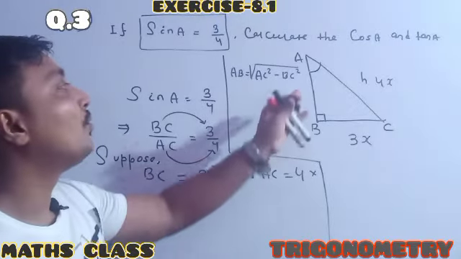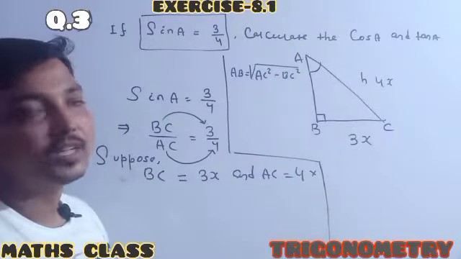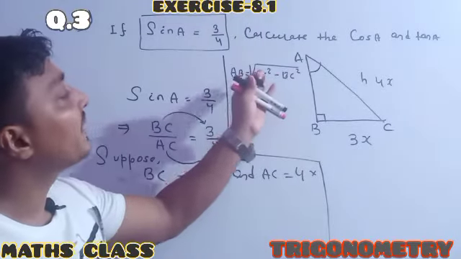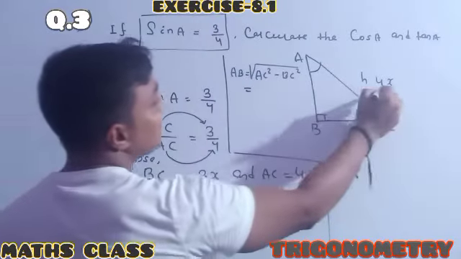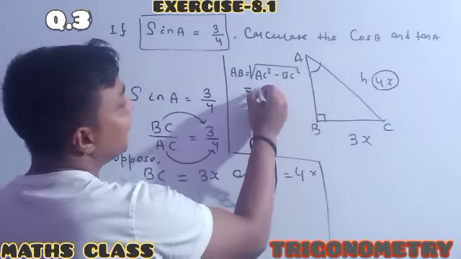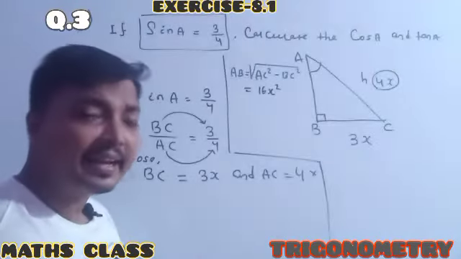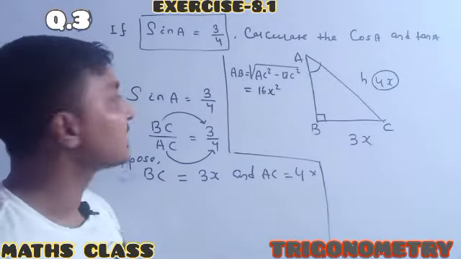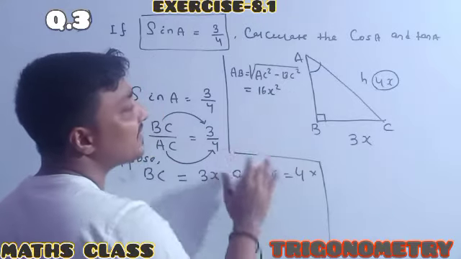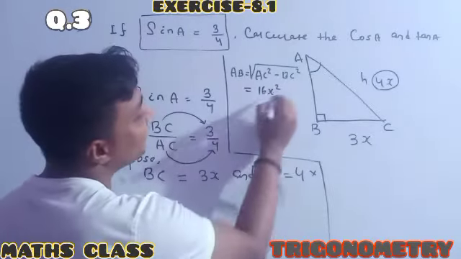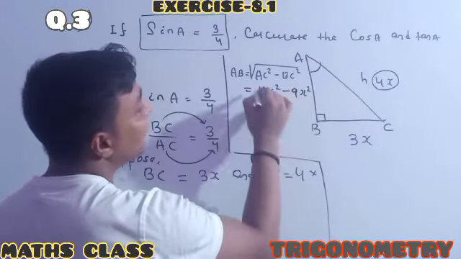It means I wrote this one square minus this one square, its root over. Otherwise, P is equal to the square root of H square minus B square. AC means it is our 4x, so directly writing 16x square. Otherwise, one can write (4x) square. Next step, one can write it as 16x square. Here very little space is available, so in this much space I want to adjust everything. And here BC means 3x whole square, which is our 9x square.